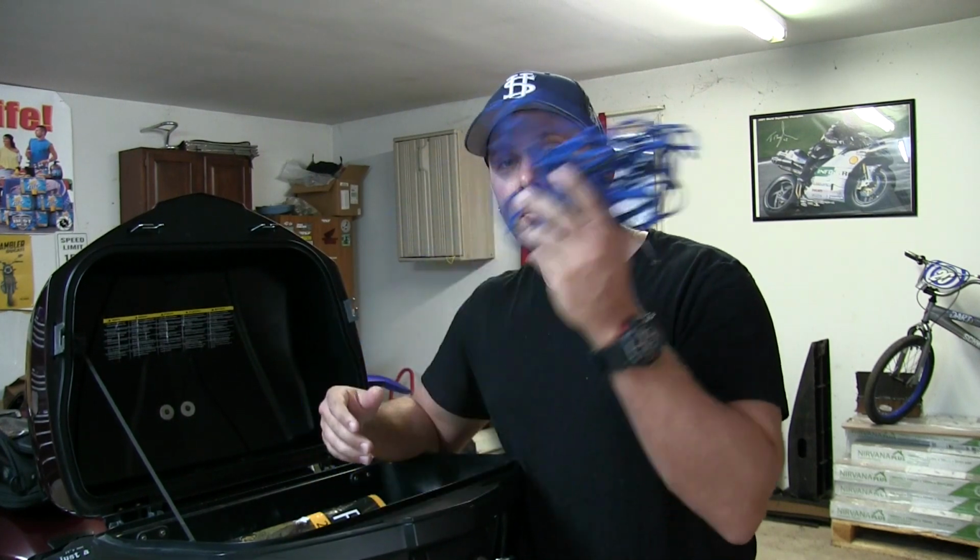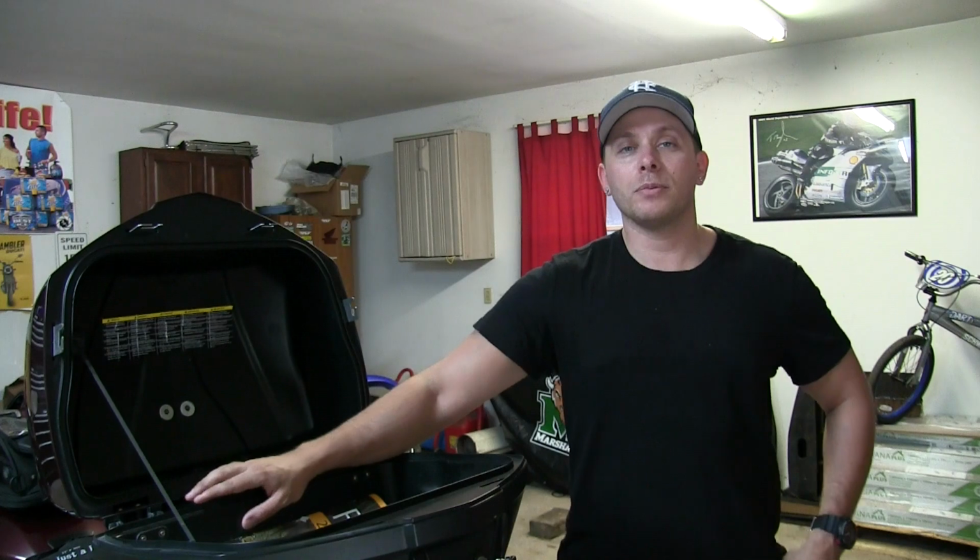They're about 10 bucks. No matter how you've got your stuff strapped on your bike, and most of the time mine is in the top case or it's inside the saddlebags, bring a bungee net along. Probably, at least in my opinion, the most important thing